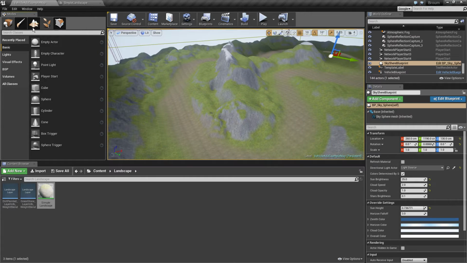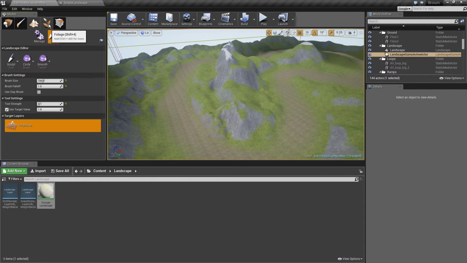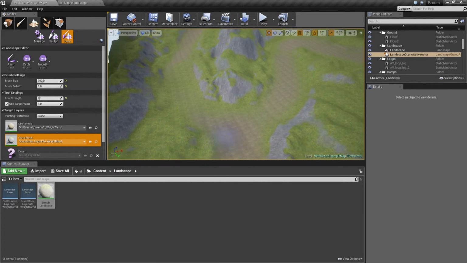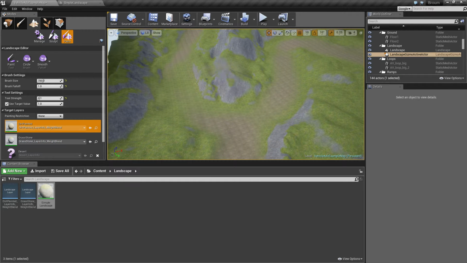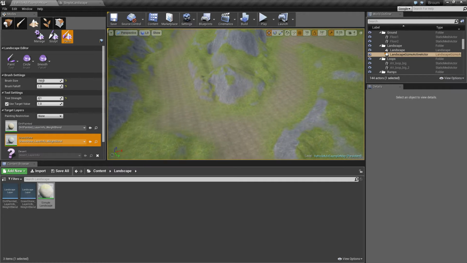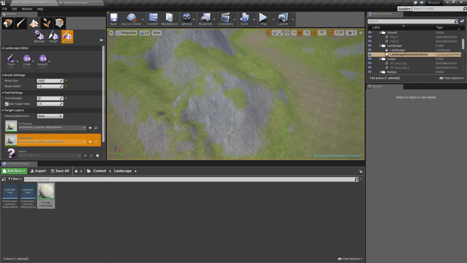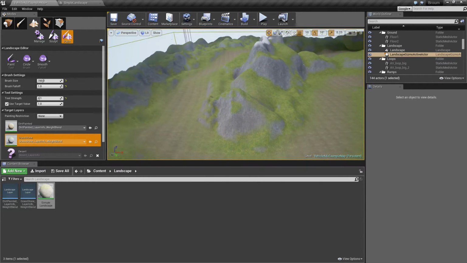So I can just go right there and paint with the grass stone layer, and it will go back to generated. And I can also paint with dirt, for example, on top of here, and make it dirty, and then repaint it and keep the generation stuff. For example, it needs to be an angle, so